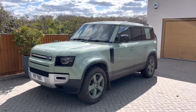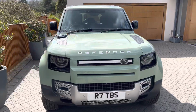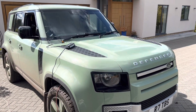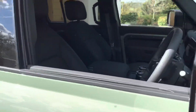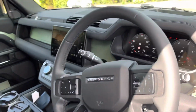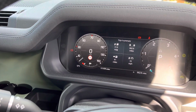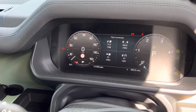Hello all. So I thought I'd give you an update on why, and the outcome so far, on upgrading my P400e to this D300 anniversary edition. You'll see there so far, with the mileage I've done, not a lot of mileage, but a lot